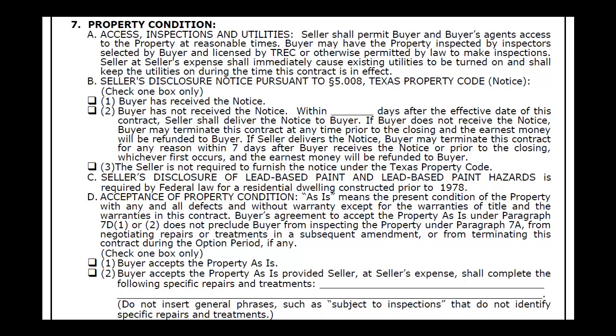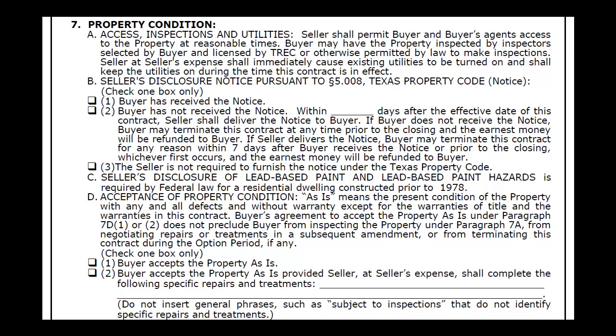Next is the seller's disclosure of lead-based paint and lead-based paint hazards. If the house is built before 1978, in most circumstances, you're going to have to disclose this and provide the disclosure, to provide the pamphlet. There are circumstances where you don't have to provide this notice, but exceptions where you don't have to deliver the lead-based paint notice are, of course, properties that are built after 1978,